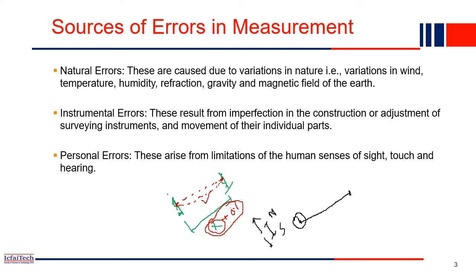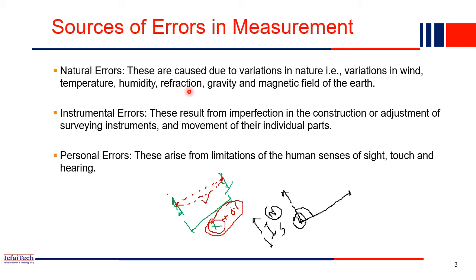So based on this compass direction, basically we can measure how much angle it makes with the north direction. So if there is a change in the magnetic field, if there is a variation in the Earth's magnetic field, then what will happen? This compass will give a wrong reading. So in that case, an error will be introduced into the measurement.